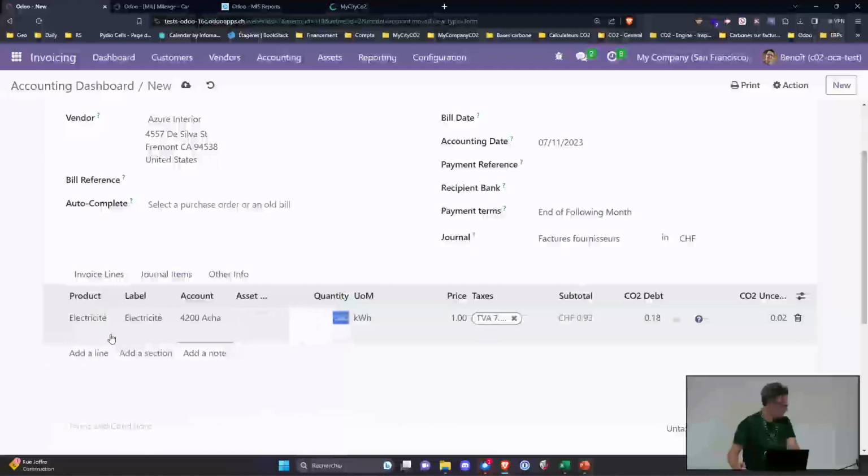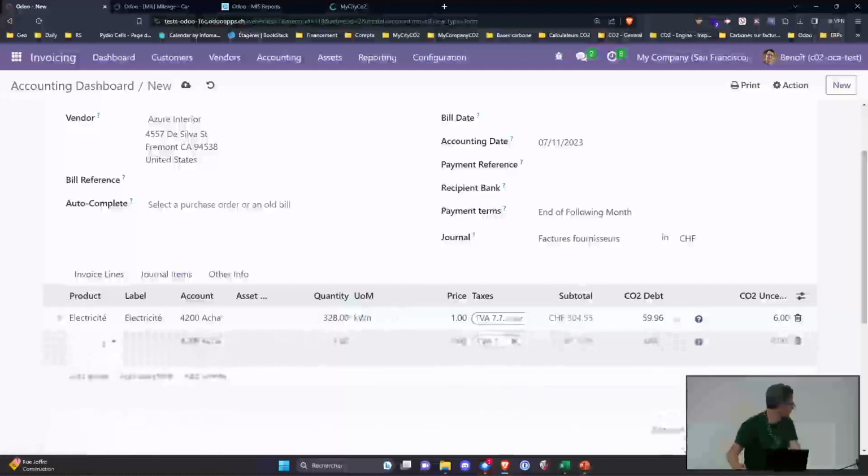Let's say we consumed 328 kilowatt hours. So there is a given price, and we add a line for the subscription. Sometimes it's even more expensive to subscribe, but here it's 30 francs.